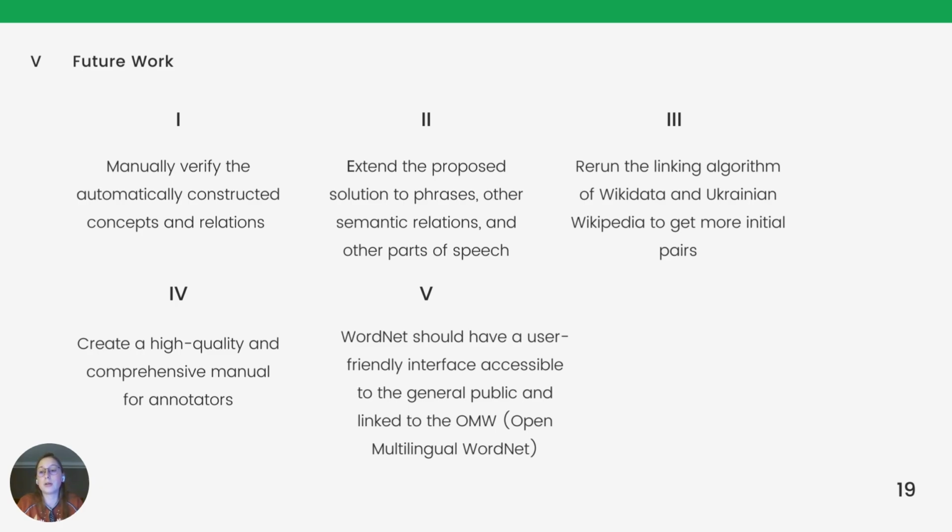Since the creation of WordNet is a long process, there are many areas for future work. The next steps will include creating a detailed instruction manual for annotators, professionally evaluating the synsets that we already generated, scaling to other types of relation and part of speech, and developing an interface similar to the Princeton WordNet to provide a convenient public resource